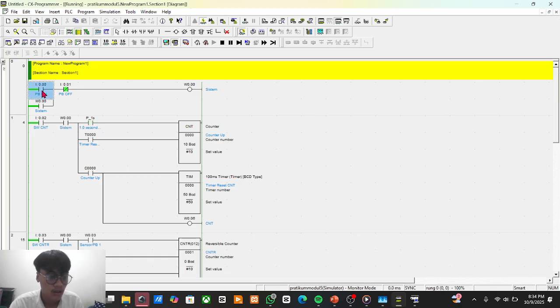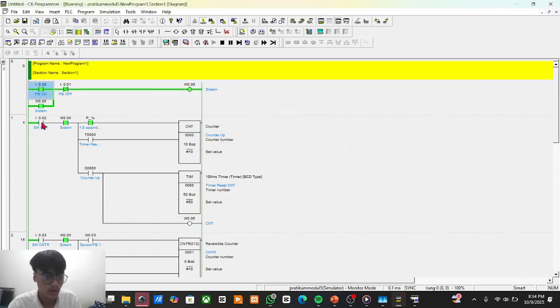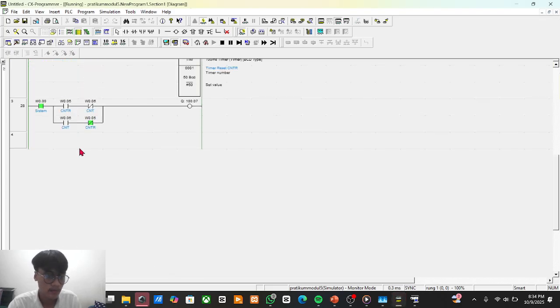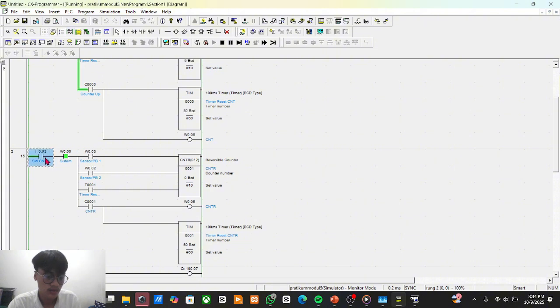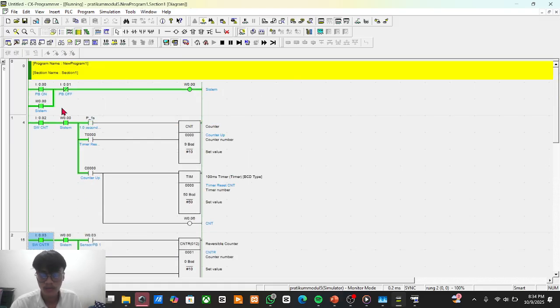And start one. Okay, let's start one. After the simulation, to turn off the system, just click the off button.